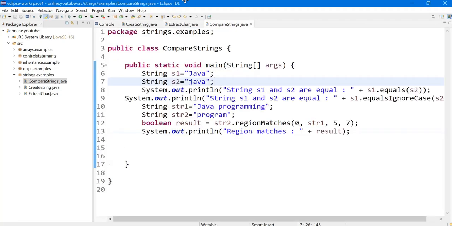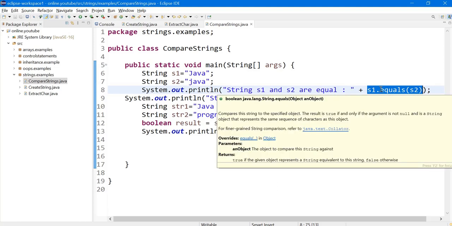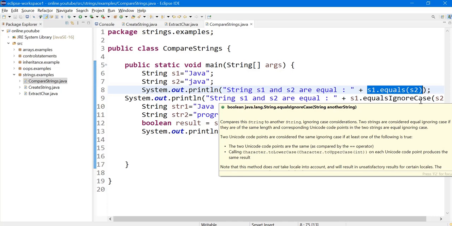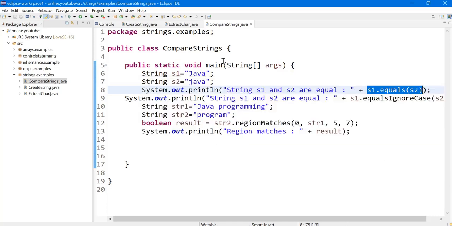Now let us see the comparison. I took two strings, s1 which is Java and s2 which is java. I have changed the value of j to just a lowercase letter here. Now if I run the method s1.equals(s2), this should return false, isn't it? Because when it makes a character to character comparison, the first characters differ. So the value of this method should be false. And now I am invoking the method equalsIgnoreCase. So obviously the strings s1 and s2 are the same, and it will return the output as true.